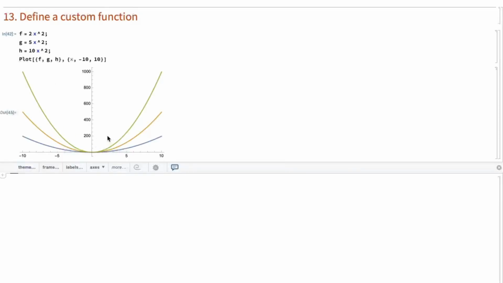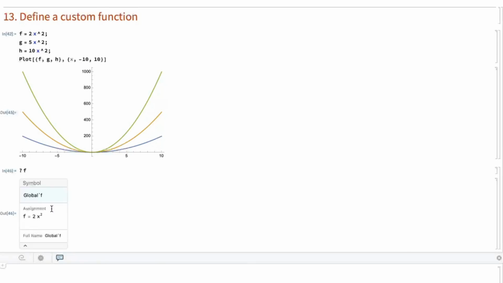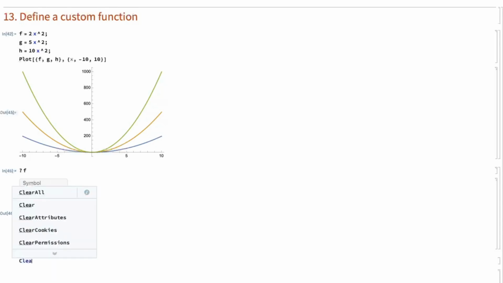But this is not an efficient way to plot these three functions. We should actually define a general function such as f equals a times x squared, and then change the a from 2, 5, and 10. So I want to call this custom function f, but currently f is defined as 2 times x squared. If you want to check information about any variable, just put question mark f, and then Mathematica gives you information about that variable. So here we have f as 2 times x squared. So I will clear f,